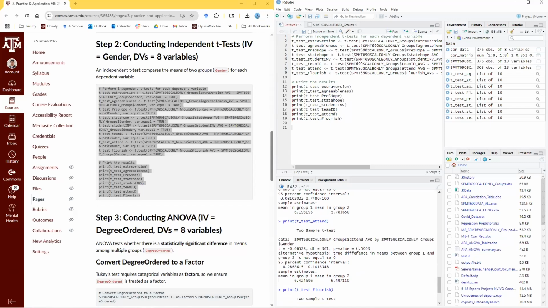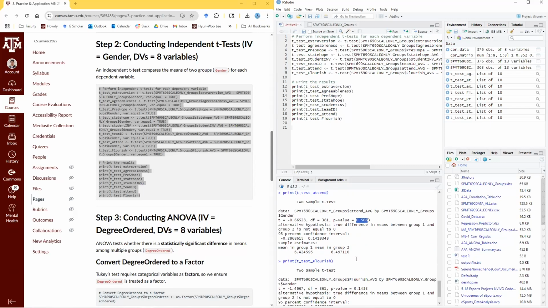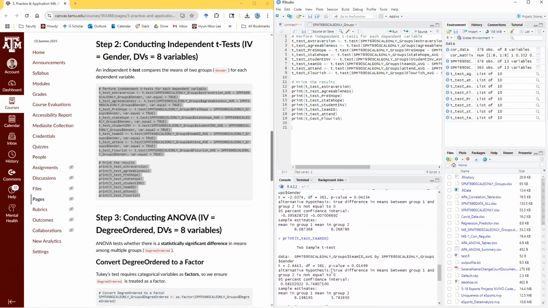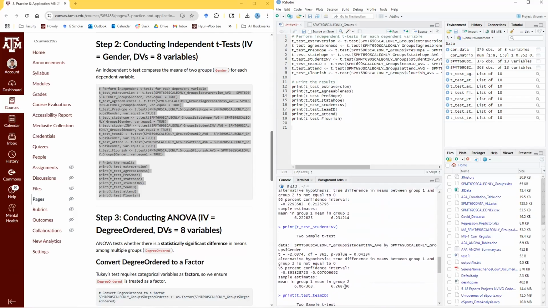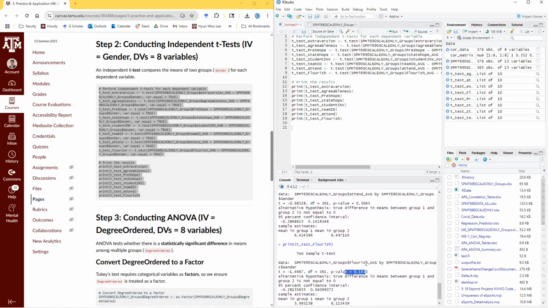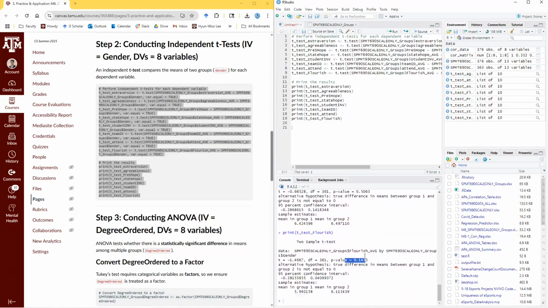When we look at attendance, there was no gender difference in attendance. And when we look at flourishing, well-being, there was no difference across groups. So it looks like agreeableness and team ID and student involvement were the variables that showed group differences